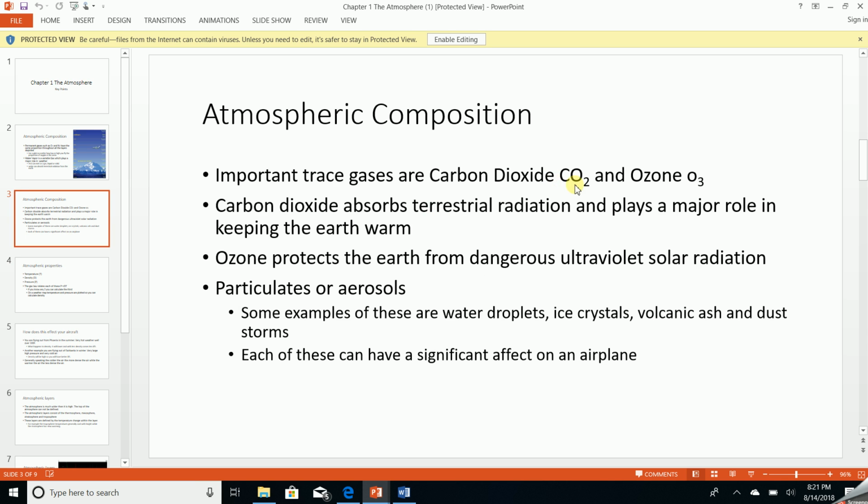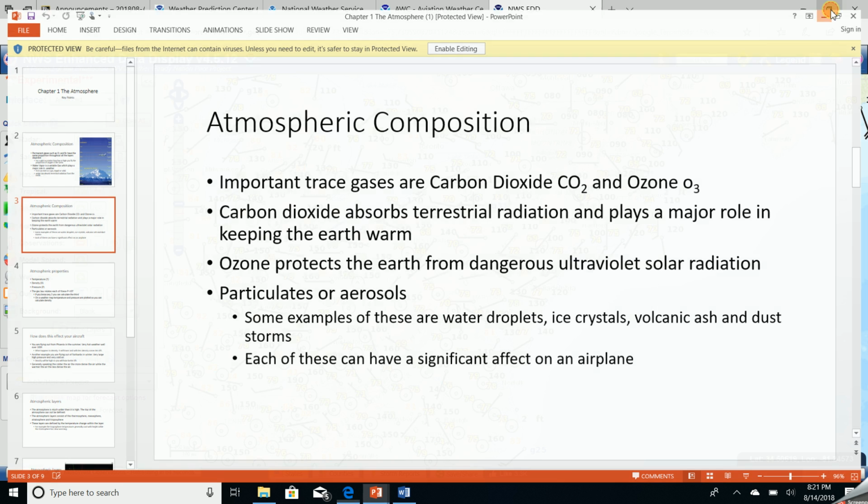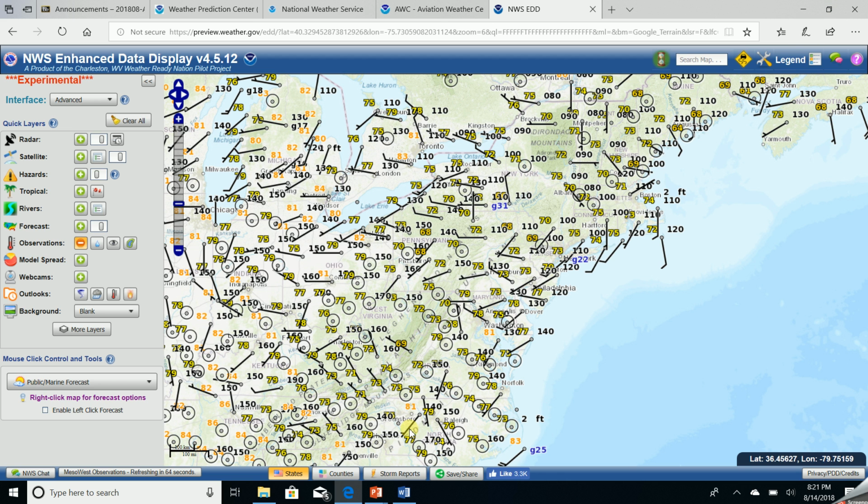There are a couple other gases, greenhouse gases, that we're going to talk a lot more about later on. But just so you'll know what they are, there's carbon dioxide, ozone, and methane is another one. There's even particulates in the aerosol out there, or aerosols. Some of these might be water droplets, ice crystals, volcanic ash, dust. There's all kinds of dust, and there's also sea salt. Each of these can have an effect on an aircraft and on the weather. So this is just a quick introduction to what you're going to be dealing with in chapter 1. So if you go to the next one here,